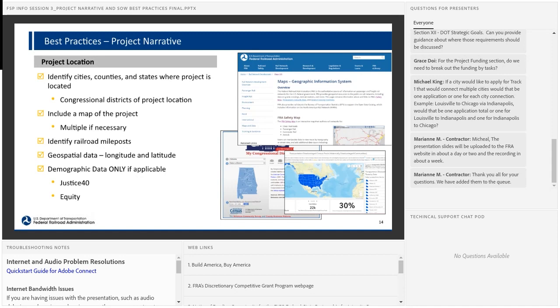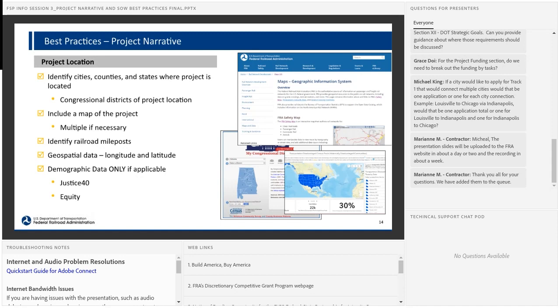Now, to talk about the project location, identify the cities, counties, and states where your project is located, as well as the congressional districts affected by your project location. Be sure to include a map that clearly shows the project. Google Maps can be a good tool to use. Multiple maps, if necessary, can be helpful.